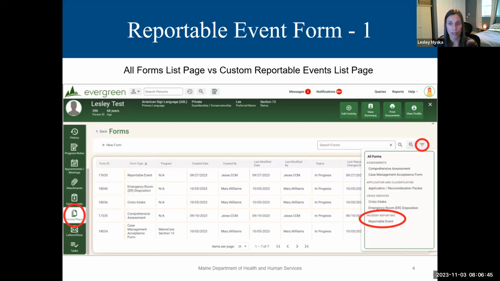The reportable event form itself can be found by navigating to a person record, and that can be done a variety of ways, typically through search or a caseload list if you have an explicit relationship. There are also other ways to navigate to a particular form, including the reportable event form. You can also go through queries or potentially notifications if your role has queries or notifications. Once you have navigated to the person record, you would click on the Forms and Plans icon in the primary navigation on the left-hand menu on the left side of the screen.